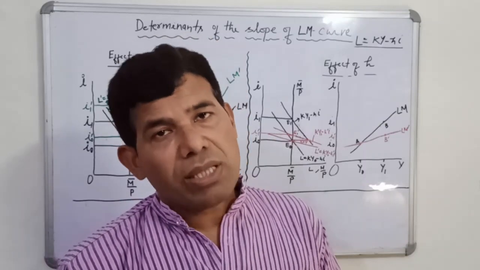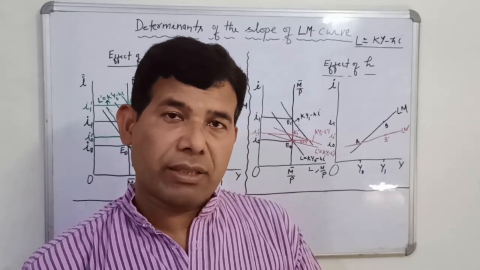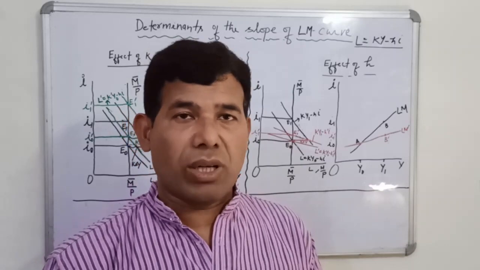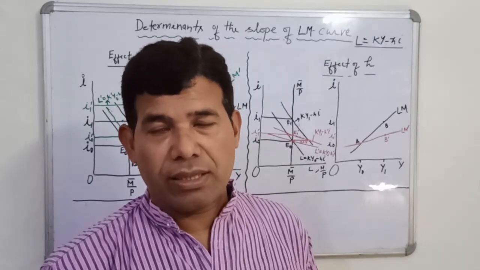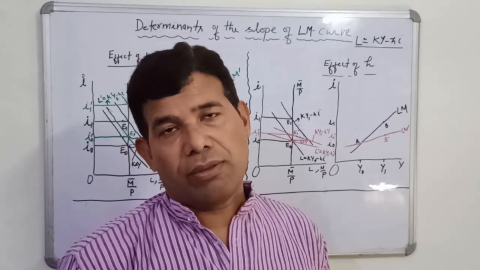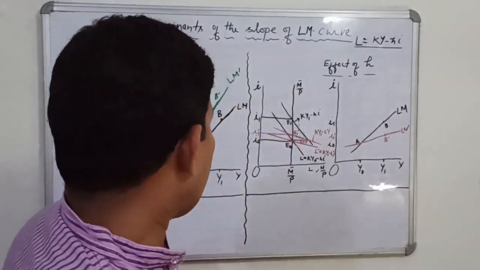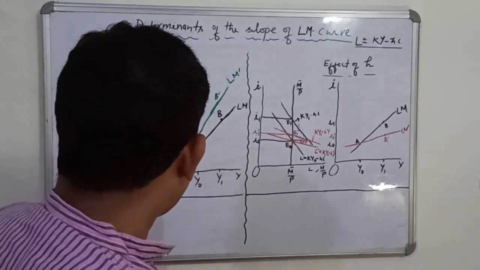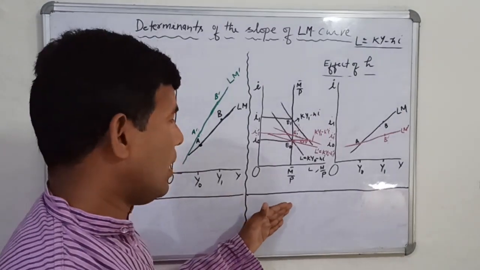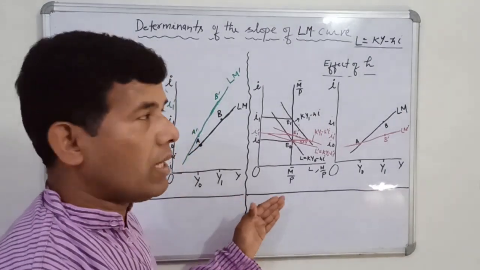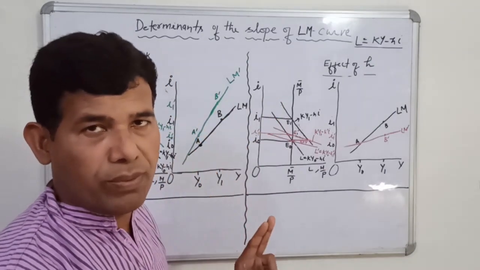So therefore, we must understand what determines the slope of the IS curve and LM curve. We have already discussed in one of the lectures the factors which determine the slope of the IS curve. Now we are going to discuss the factors which determine the slope of the LM curve. Here we have got two diagrams. Two diagrams stand for understanding the effect of two factors which are responsible for the slope of the LM